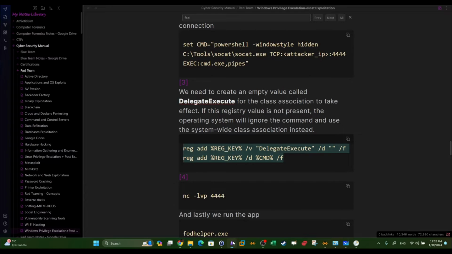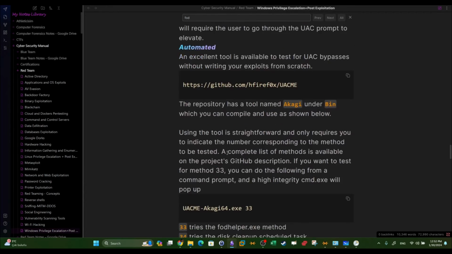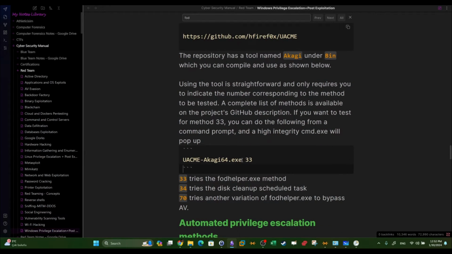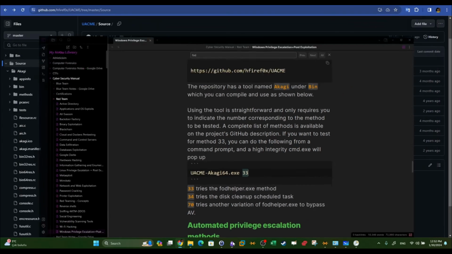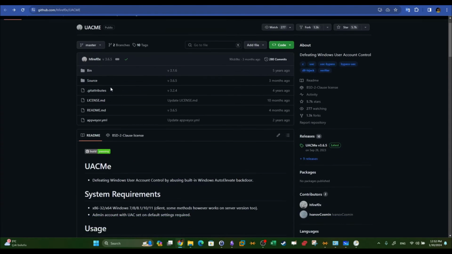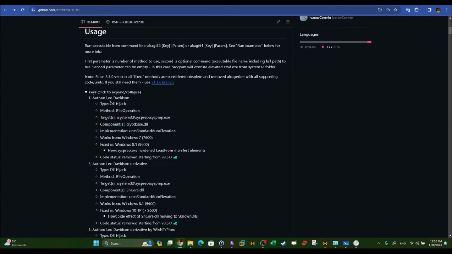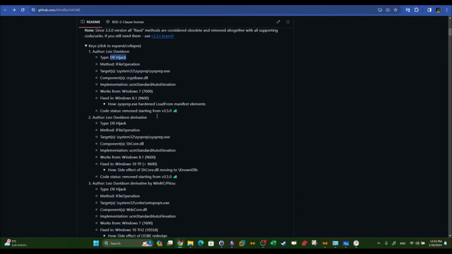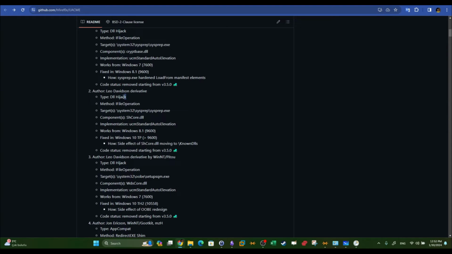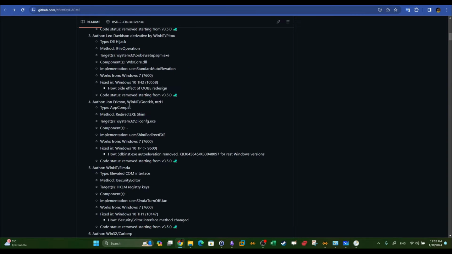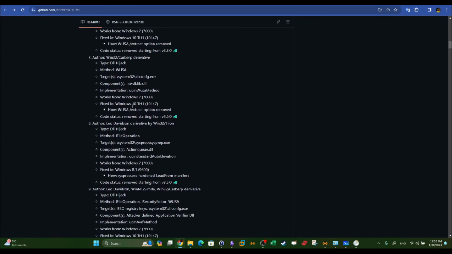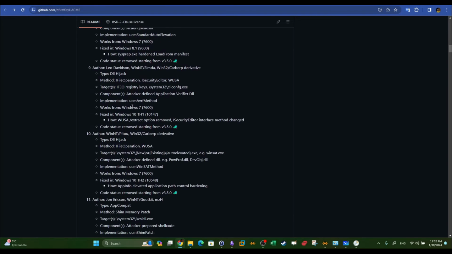Now the way to run this program, after we compile the executable, we can just run the executable and the corresponding number. Now every number here represents a UAC bypass technique. We can find all the numbers here. So 1 is going to try DLL hijack. 2, if you type 2, again, it is DLL hijack. It's very recommended to browse all these techniques, guys, if you want to use this tool to test for user